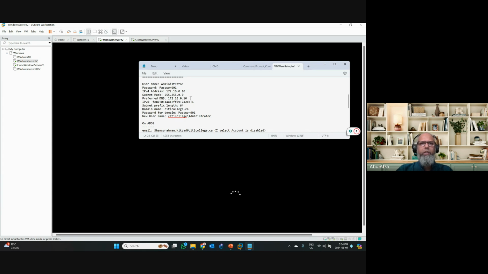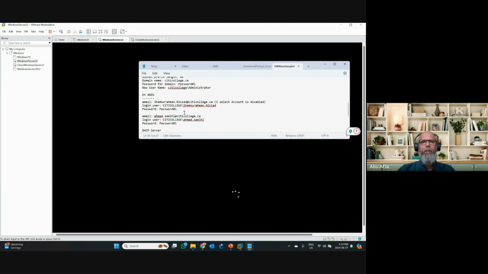So let's write down DNS. After then, I need to write down the default gateway. I will set up in there the default gateway. I'm going to use in here 172.16.0.1. That default gateway I need to set up in my server,